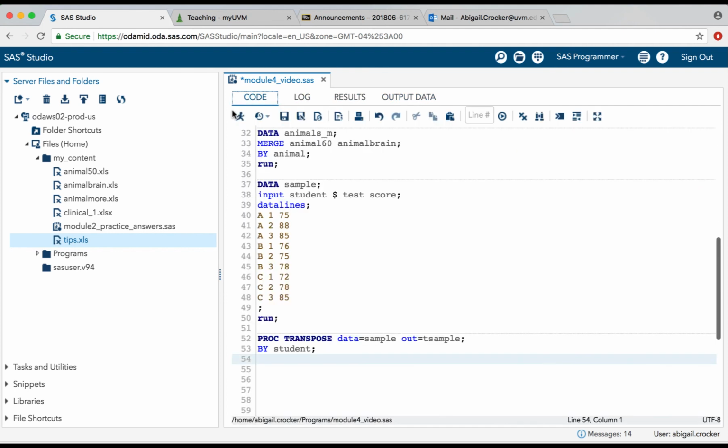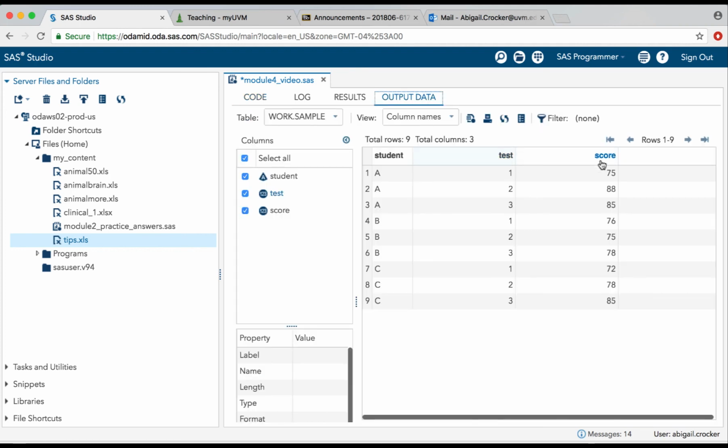That's what ID means. ID test. So by tells me what do I want my rows to be. ID means what do I want my column headers to be. And var, that means if this is test 1, this is test 2, this is test 3, what numbers am I going to place right there? And it's the values, score. So that becomes my var statement.